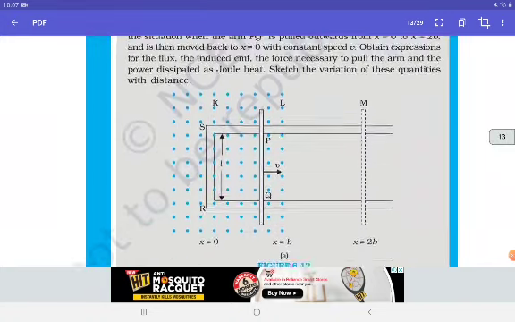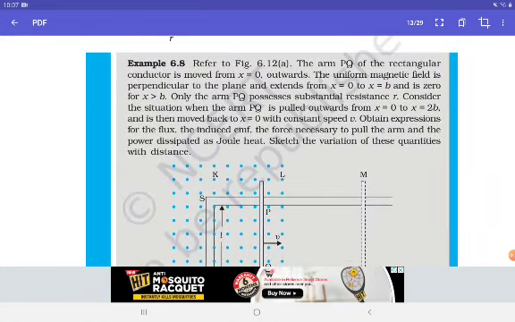Example number 6.8, refer to the figure. The arm PQ of the rectangular conductor is moved from x is equal to 0 outwards. The uniform magnetic field is perpendicular to the plane and extends from x is equal to 0 to x is equal to b and is 0 for x greater than b. Only the arm PQ possesses